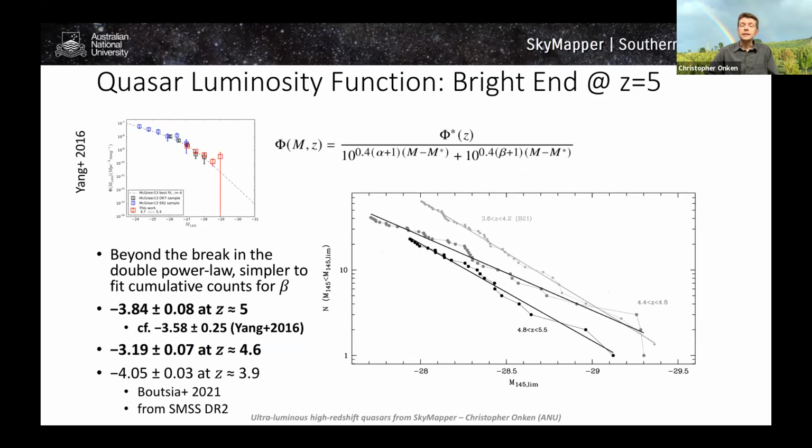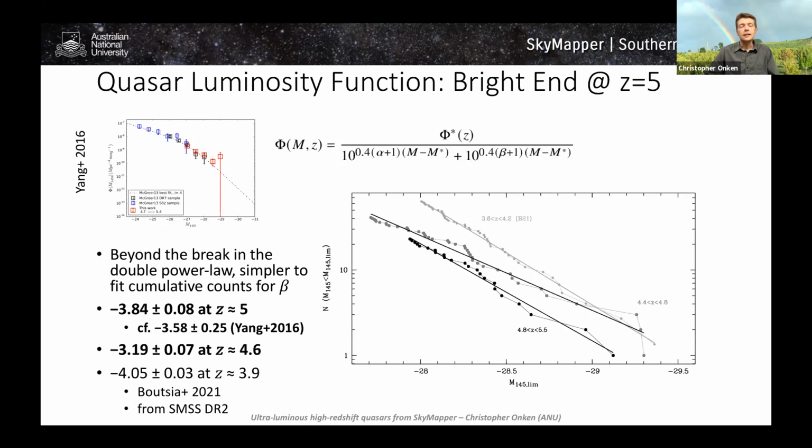Now we want to take this complete sample and we want to use it to estimate the quasar luminosity function. Now the luminosity function is often parameterized as a double power law, which involves 4 parameters that need to be fit. Because we're only really concerned with the bright end where we have the very high completeness, we can fit this using the cumulative counts and get a very tight constraint on the beta parameter, the bright end slope. And we see that we can measure it to be minus 3.84 at about redshift 5,